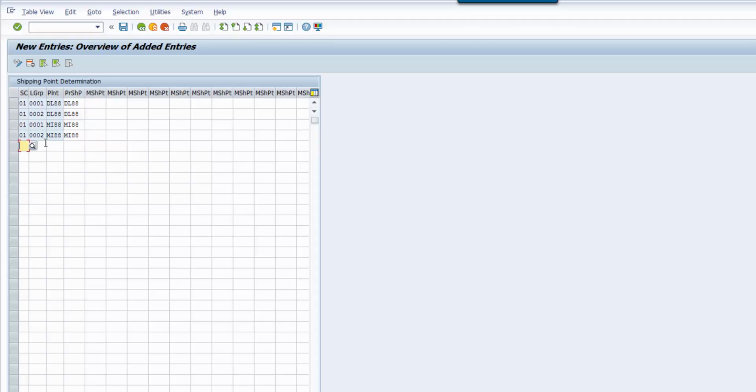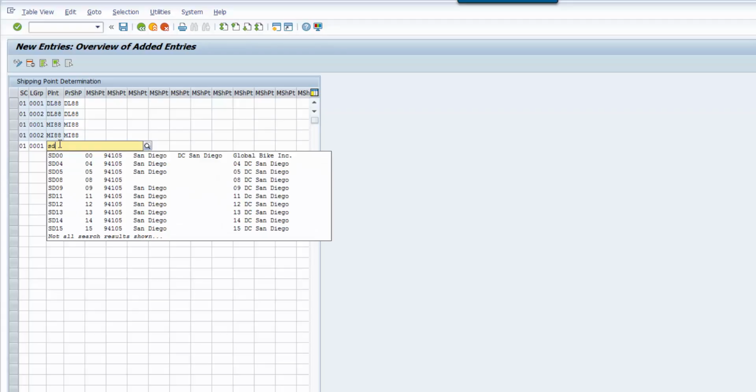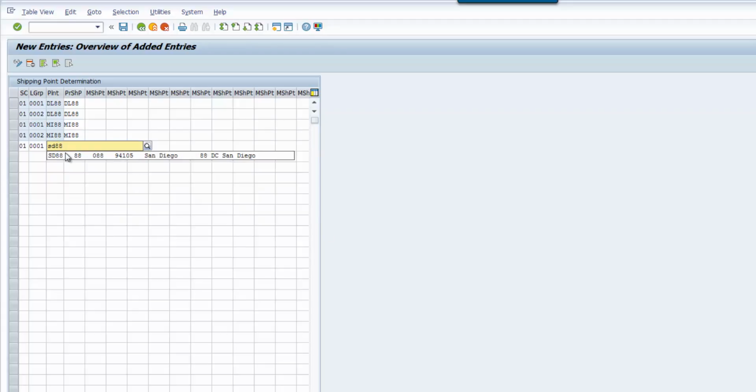This one's also Miami. The next one is also Standard. This one is for handcart 0001, and this one will be for San Diego, SD 88, SD 88, and the last one